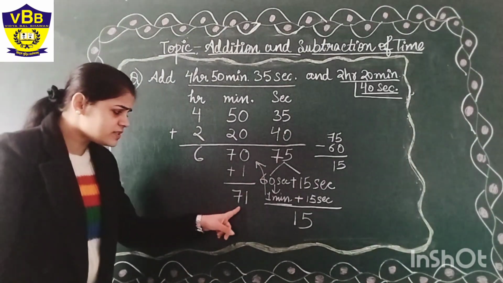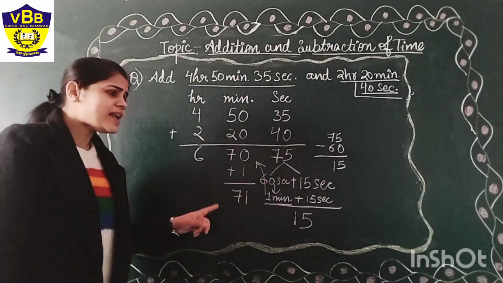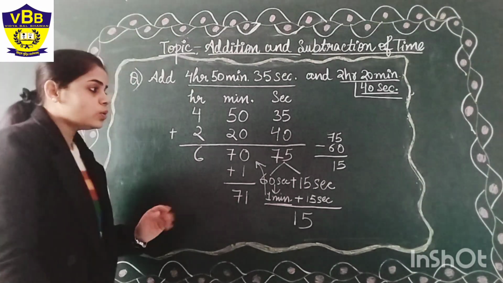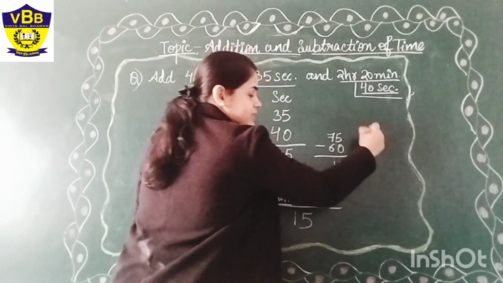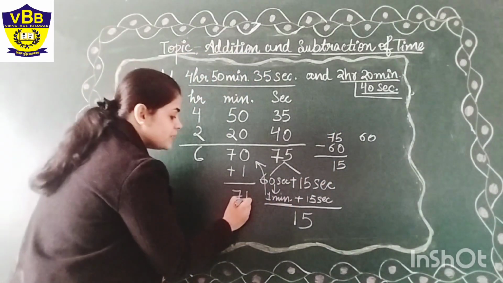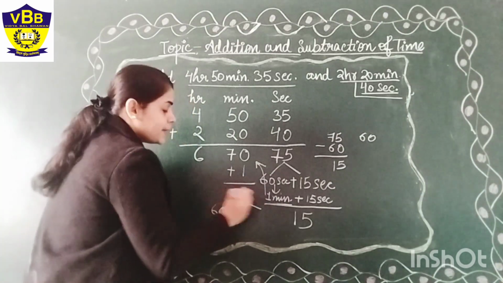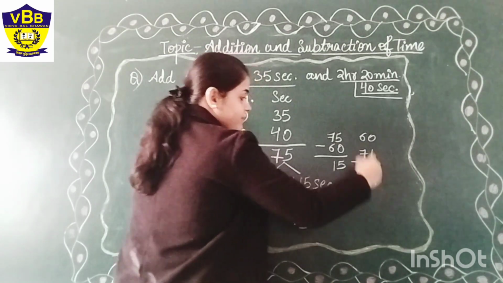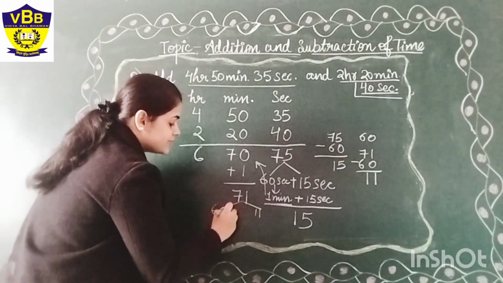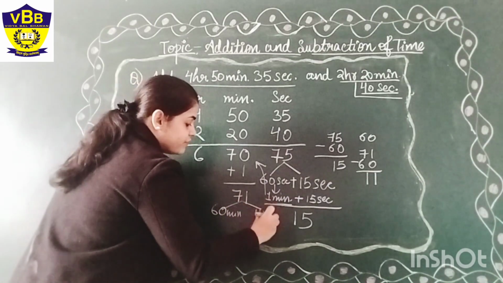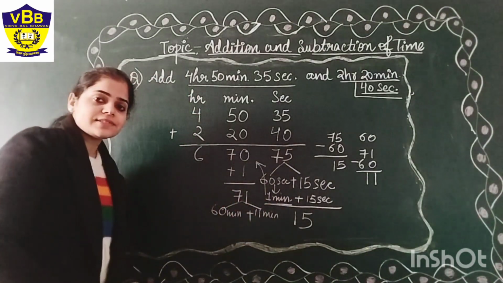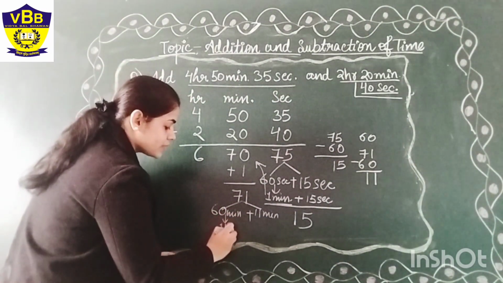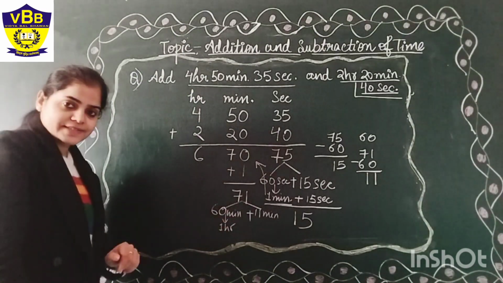But again, can you see here it is 71 minutes? Have you seen anywhere that there are 71 minutes in any hour? No. 1 hour contains a maximum of 60 minutes. So it will again be a combination of 60 plus 71 minus 60, which is 11. So it will be the combination of 60 minutes plus 11 minutes. Yes or no, students? You get this? Yes. So can I convert this into 1 hour? As we know that 1 hour is equal to 60 minutes.